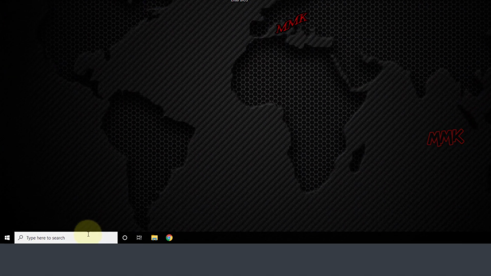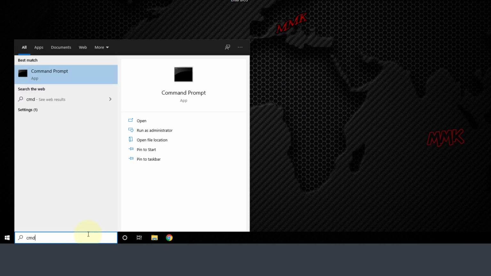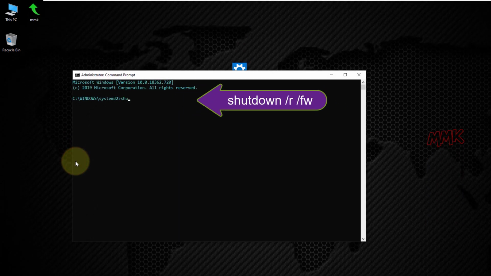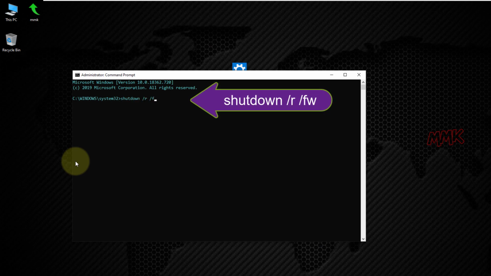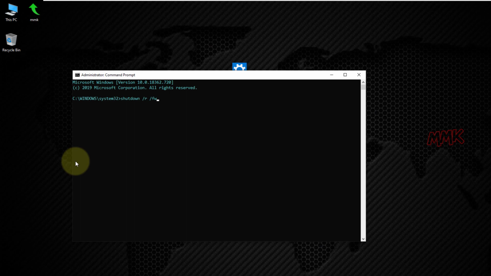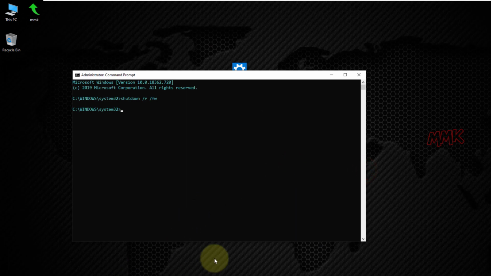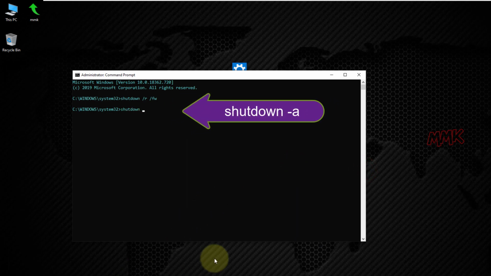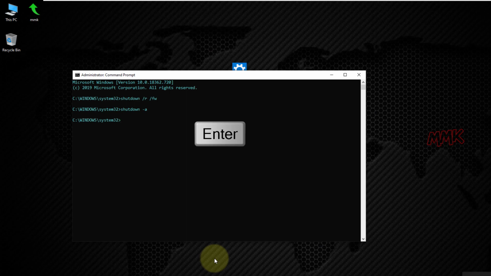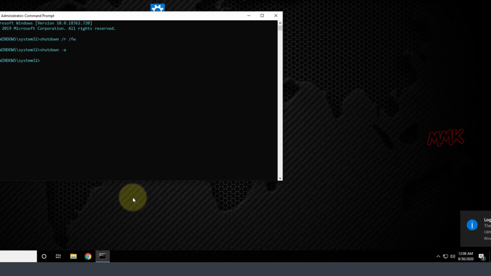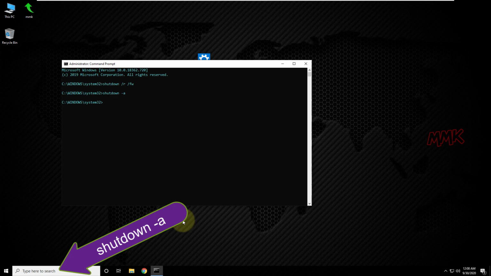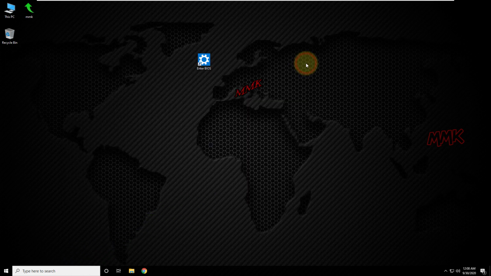You can also enter BIOS by typing the same command in the Windows command prompt. But you should run the Windows command prompt as an administrator. Okay, if you want to cancel the Windows task, just type shutdown, space, -a. You can also type the cancellation command in the Windows search box, no problem.